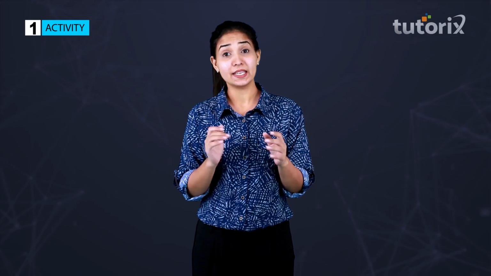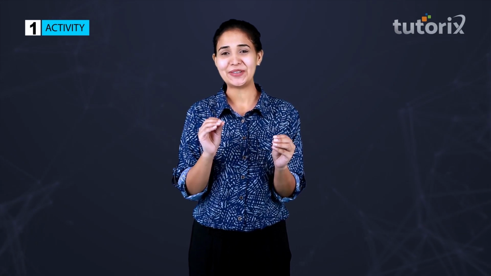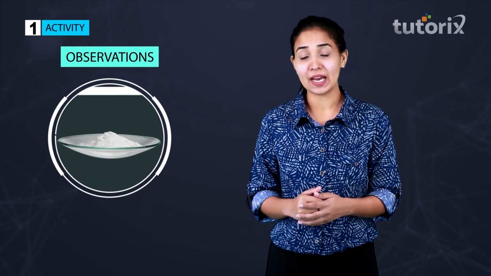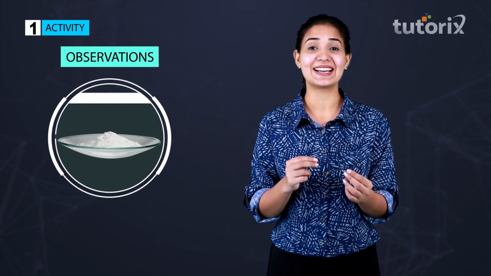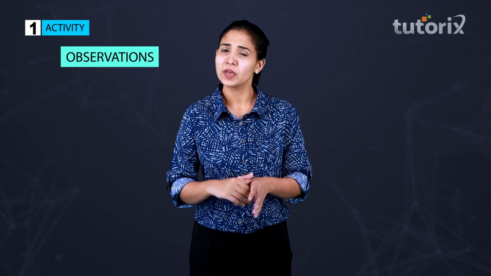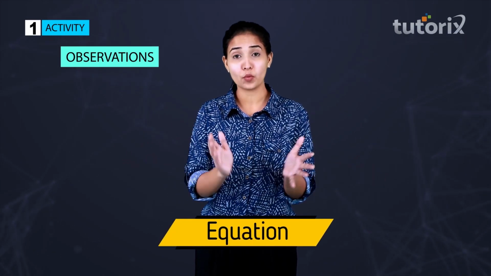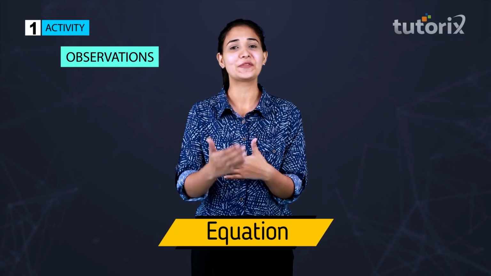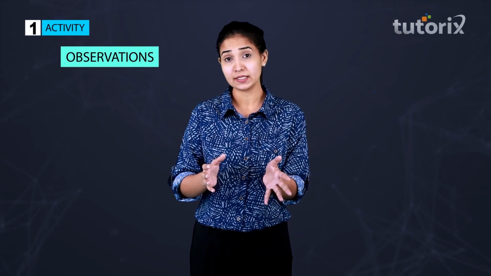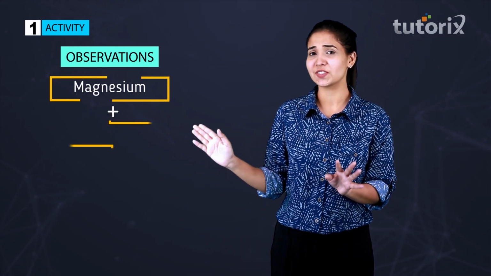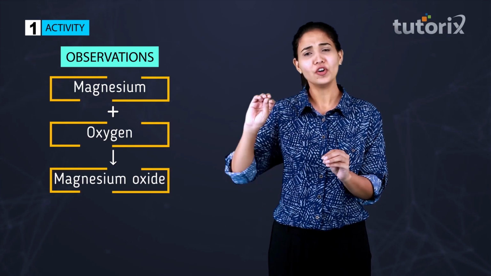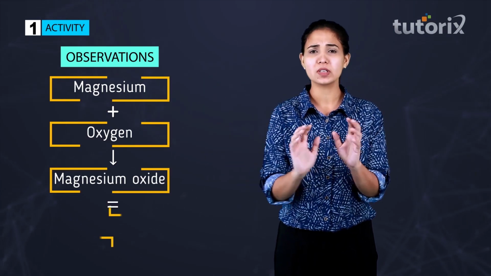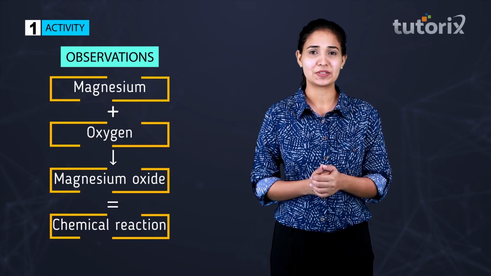So guys, as I said in the beginning, there should be something to indicate the chemical reaction. And do we have that? Well, yes, we have that. This white colored powder that we have obtained is indicating that a chemical reaction has taken place. Well, guys, I'm not talking about the equation right now, but in very simple terms, we can write it as magnesium plus oxygen leading to the formation of magnesium oxide. Correct? So, this is how we talk about a chemical reaction in very simple terms.